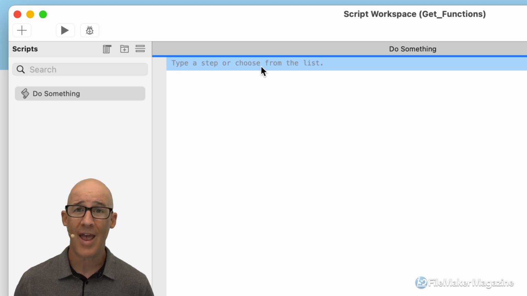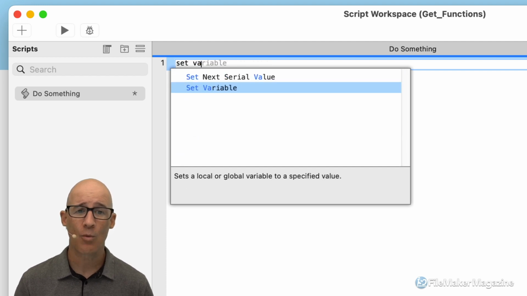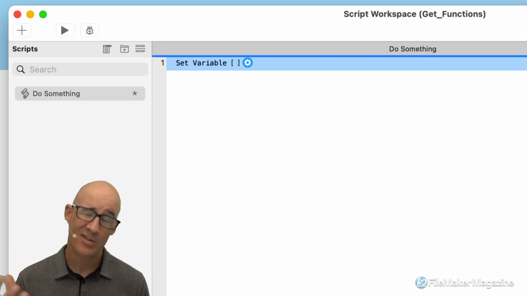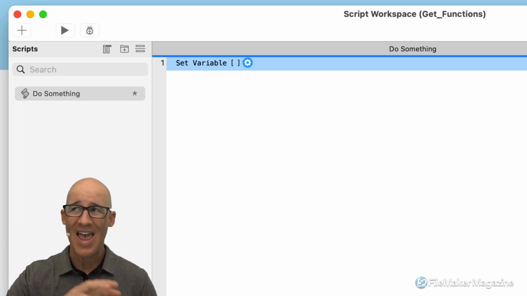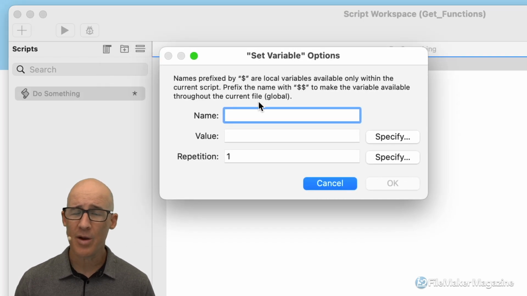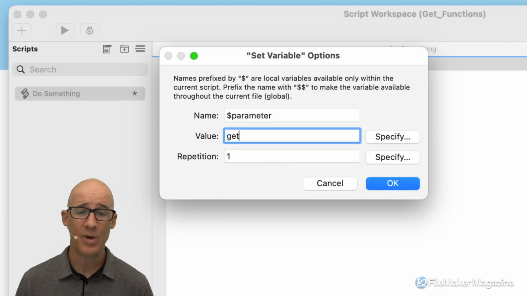So here we're going to do something. We're going to put a variable. We're going to start to type set, and we're going to type set variable. Now, a variable is an imaginary empty thing. It's not empty, but it's memory. Whatever comes in can be anything, and it's going to be in the form of our script parameter. So a variable can be named whatever you want, but let's call it something super simple. Let's call it parameter, because that's what's going to be coming in. Our value for this is going to be